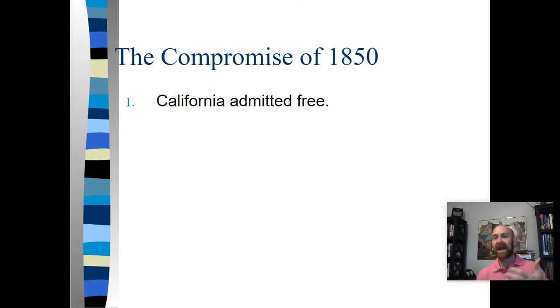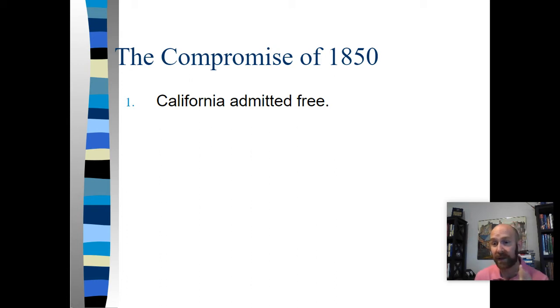And so he's going to do this in a really ingenious way. He's not going to do it all at once. He's going to do it kind of piecemeal. The Compromise of 1850 is actually a series of different laws that are going to be passed in an order that is going to make sure that everybody stays happy. And so we're really talking about five major components to this law. The first is to this compromise.